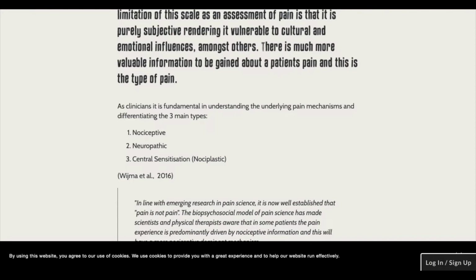Okay, so neuropathic is the second type, and that is where we have an injury to the nervous system itself. That's the nerve root injury. That is where we have a herniated disc or something that traumatically impacts on the nerve root, can cause the sciatica and the leg pain. That is what most people would associate with sciatica. And that's maladaptive from the start, because it is the nervous system, it's the alarm system that is injured.